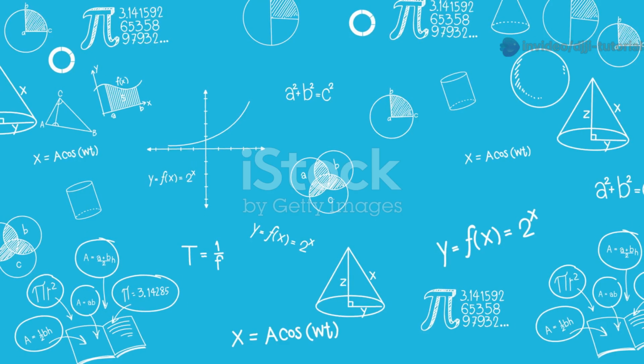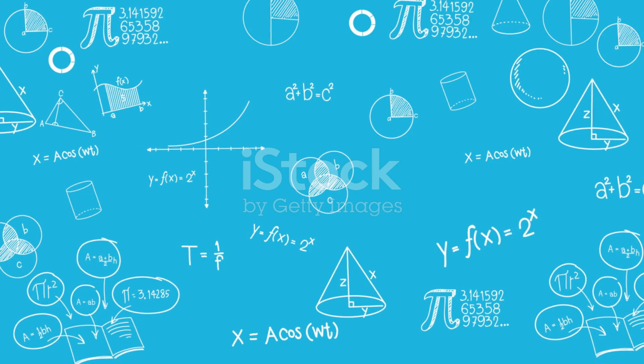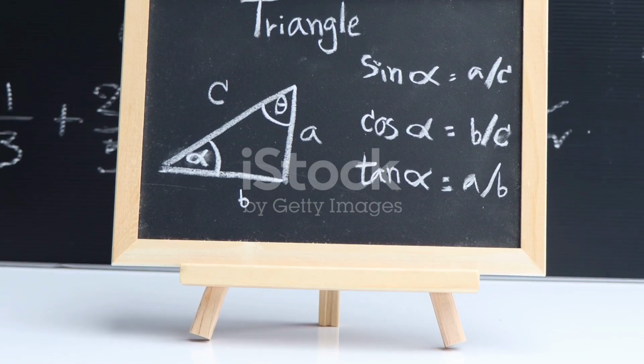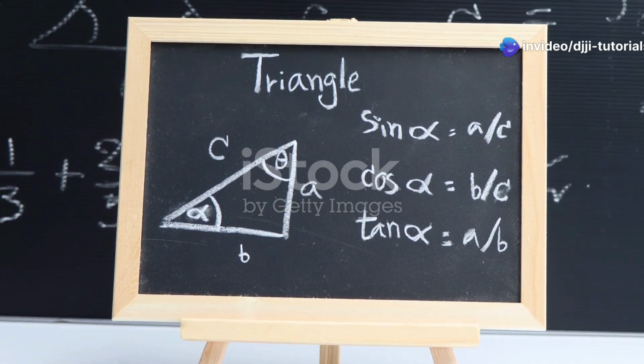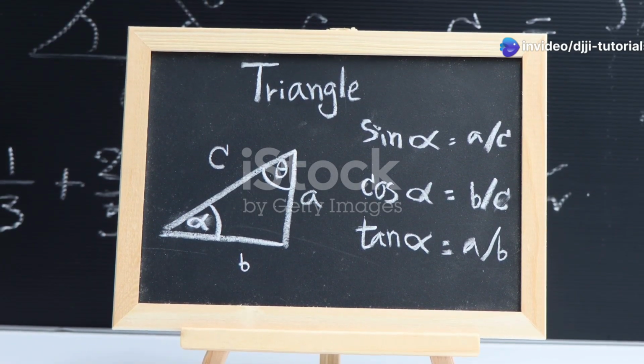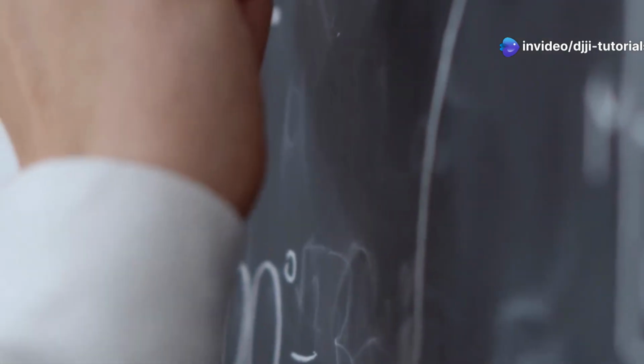Today we are discussing double angle identities in trigonometry. These are formulas that relate the trigonometric functions of an angle, theta, to the trigonometric functions of double that angle, 2 theta. They are derived from sum and difference identities, and are useful for simplifying expressions and solving equations involving trigonometric